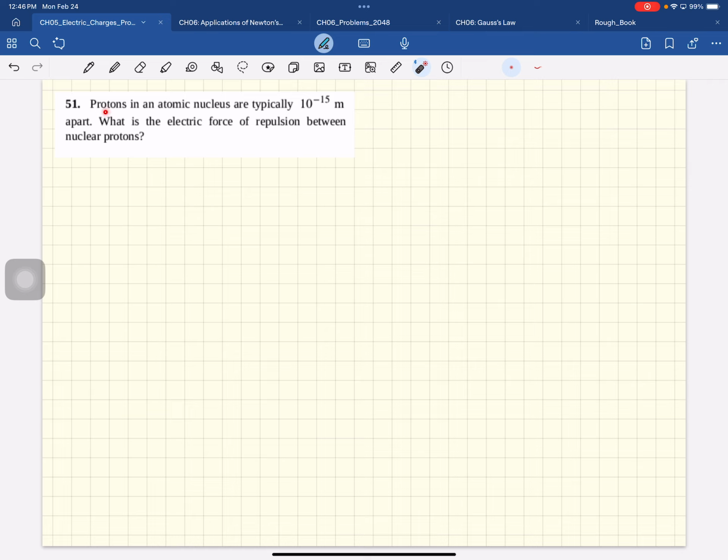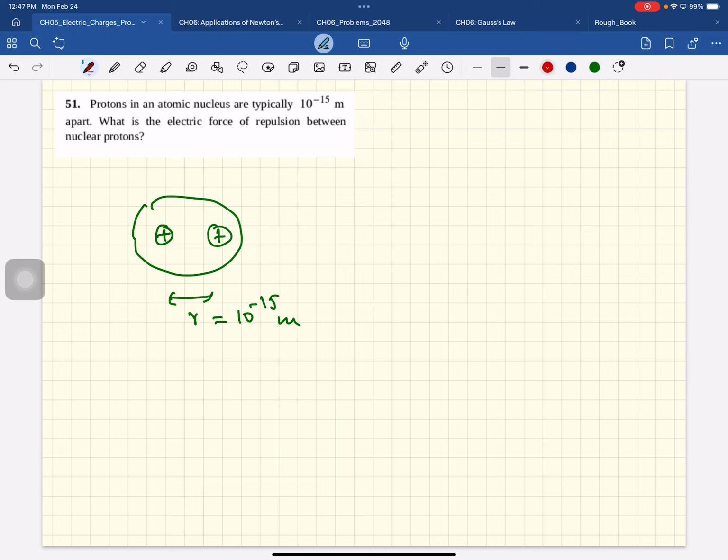So this problem says protons in an atomic nucleus are typically 10 to the minus 15 meters apart. Okay, this is a femtometer, after Mr. Fermi. What is the electric force of repulsion between nuclear protons? Okay. So here are two protons, and the distance between them is 10 to the minus 15 meters. Okay. The force of repulsion between them